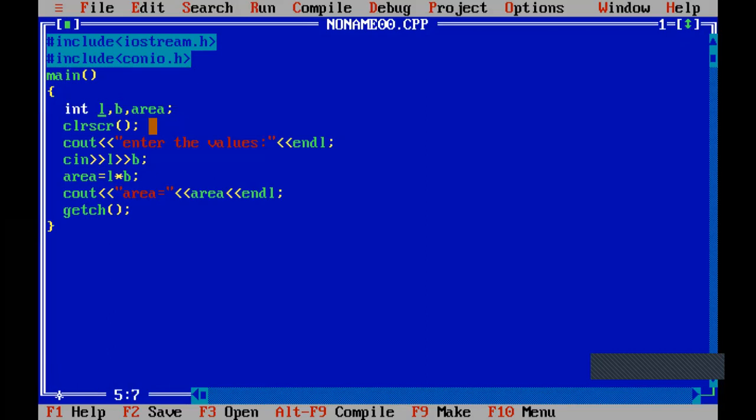Then next I have told you about constants. But before going to constants, I'll tell you the syntax of a variable. I have told you the variable syntax is data type followed by variable list. The data type here is int. Data type means what type of value you want to give.